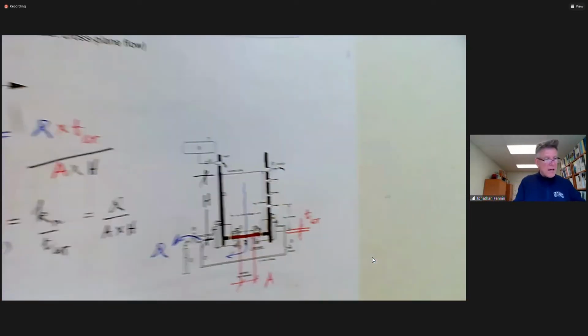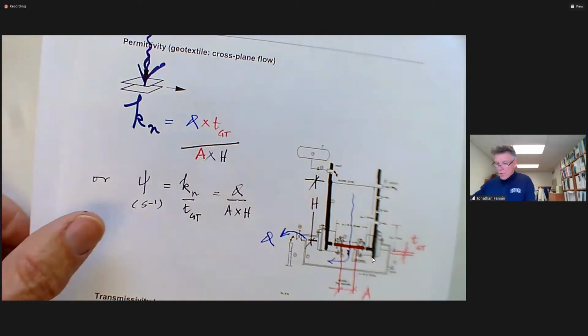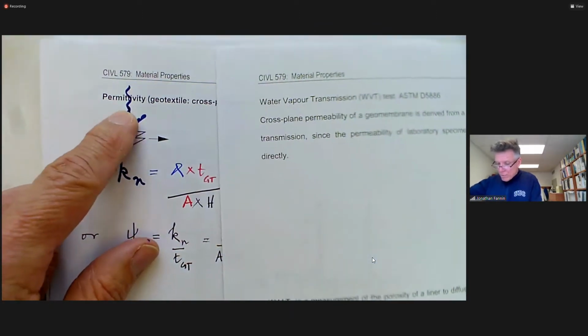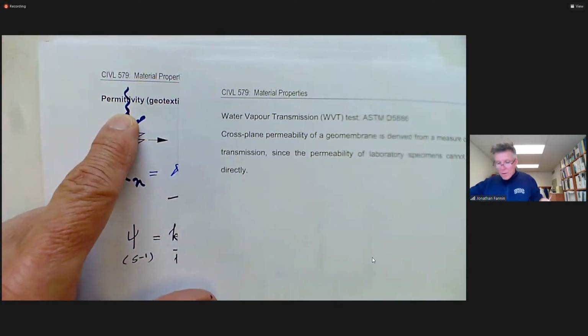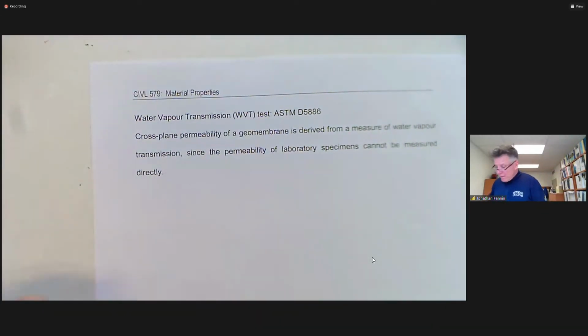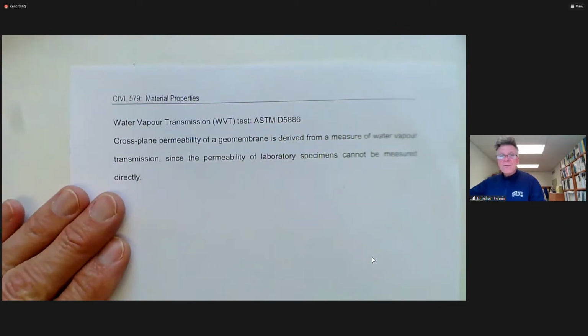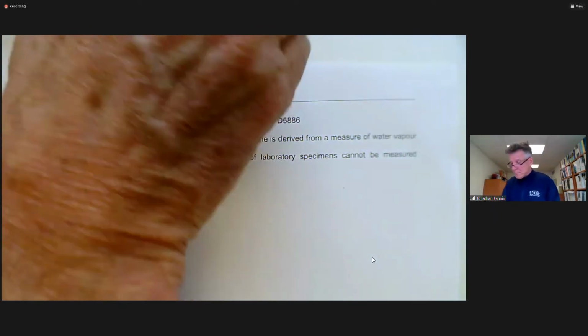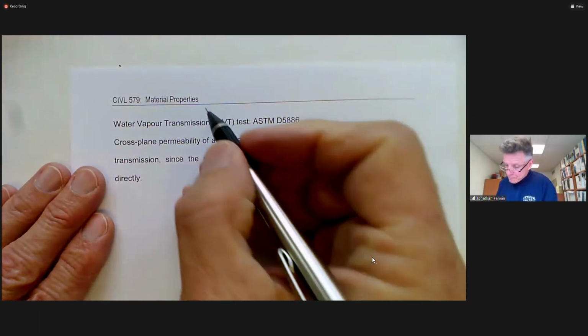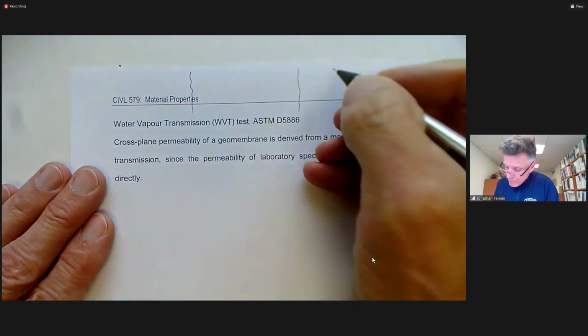But in advance of that, let's take a look at cross-plane flow regime, but do it for a geomembrane. Okay. Now, if I gave you a bit of a schematic here, let me try to do this in the following way. I'm observing that we have a